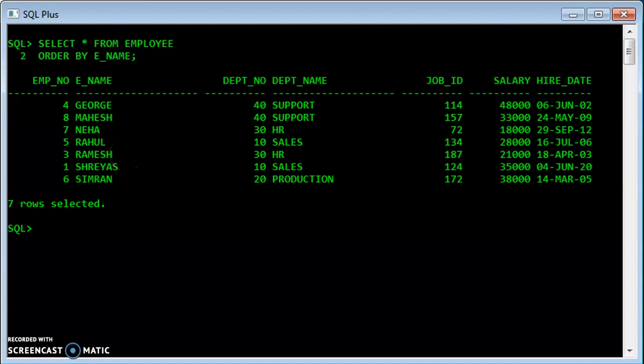Now by default, the order is ascending order. So you can see here, it is starting with the G. So this is the smallest letter that I have, because I don't have anything between A and F. So this will be the first. So coming down here, like M, N, R, then S and S. So it goes in that same sequence. Now here we can see we have two names starting with R.